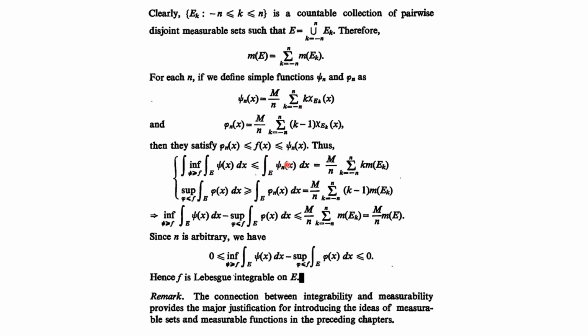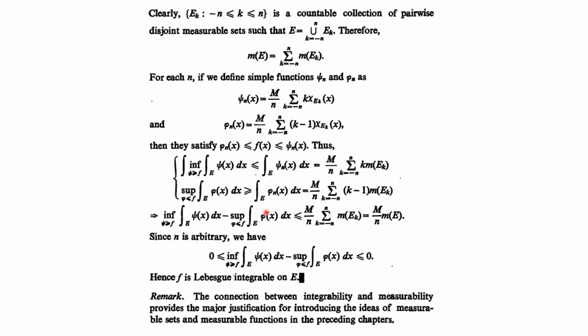Substitute the value of psi n x over here. This is nothing but m by n summation k, and the characteristic function over Ek, after taking the integral, will be replaced by the measure of Ek. Now why? What is the value of the characteristic function over Ek? This value is 1 when x belongs to Ek, otherwise it is 0. So when you integrate this over Ek, its value is 1. So we get only the measure of Ek. Okay, so in case of integral, the characteristic function will be replaced with the measure.